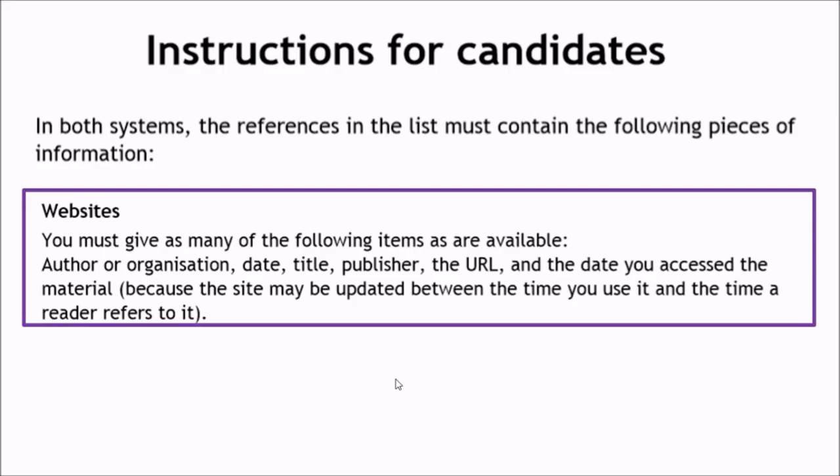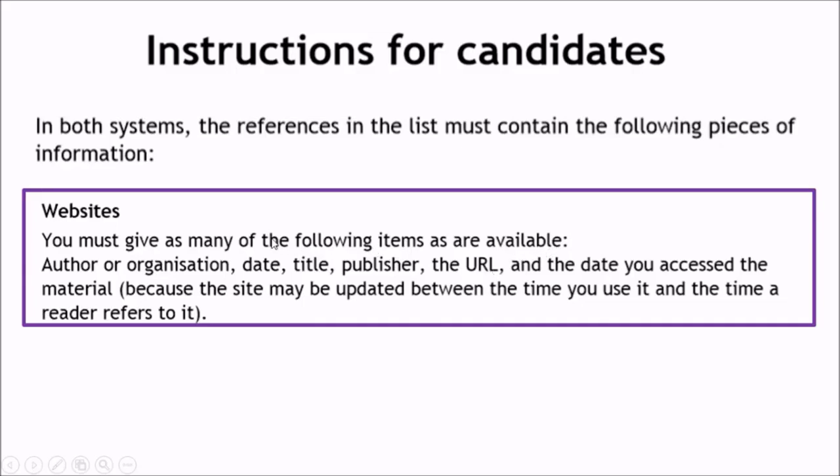Finally, a little bit of information about websites. Generally speaking, I would not recommend using too many websites, especially for your project. They're a lot more difficult to get all the right information from that you need for a proper reference. And quite often you can't be entirely sure of their reliability. If you do choose to use a website, you must find the following information: the author or the organisation. So for example, say the NHS, so that would be the corporate author, the date that the article was written, the title of the article, and the publisher, the URL, and the date you accessed it, since it can be